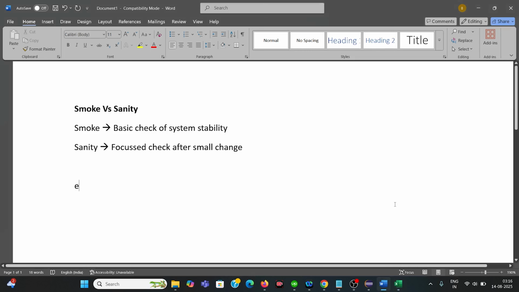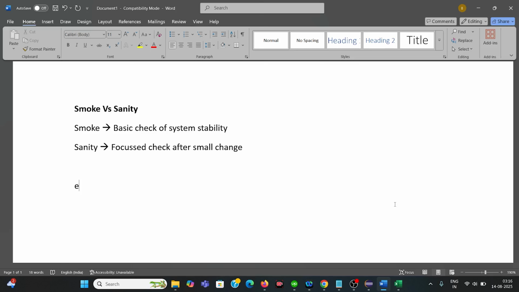Let's say your app has login, add to cart, and payment modules. After a build, you run smoke testing: can I log in, can I add to the cart, can I pay? And after fixing a bug in the payment screen, you run sanity testing: is that payment fix working?